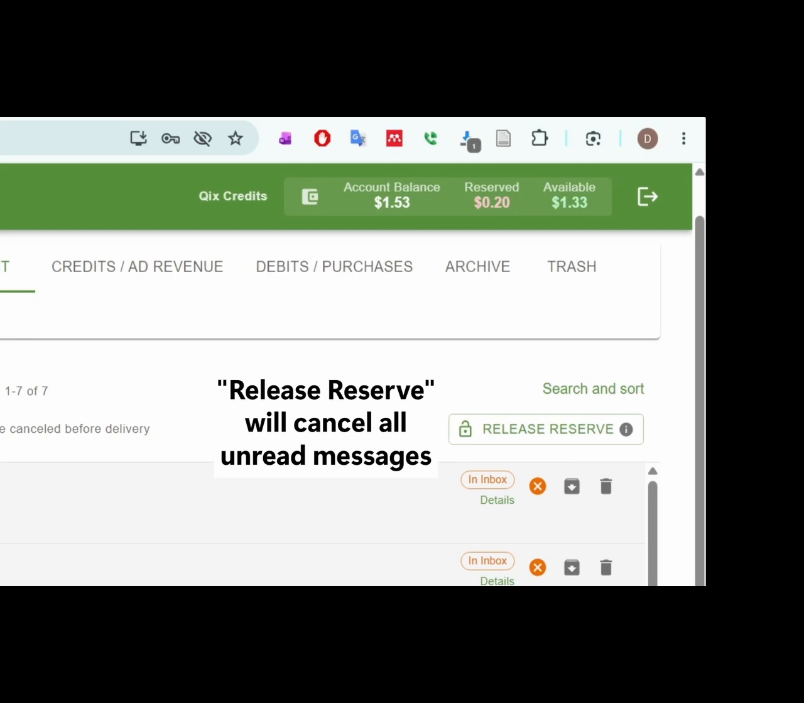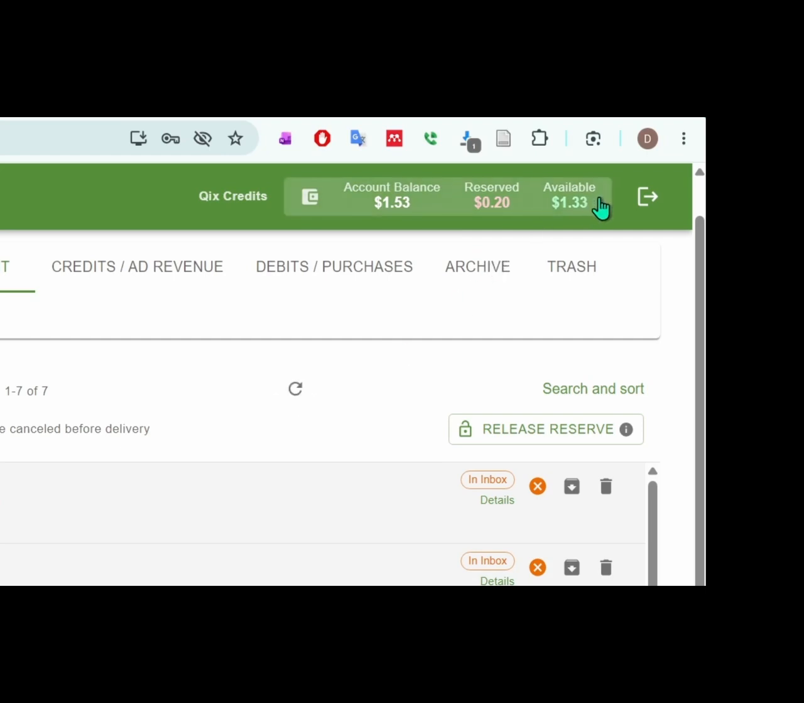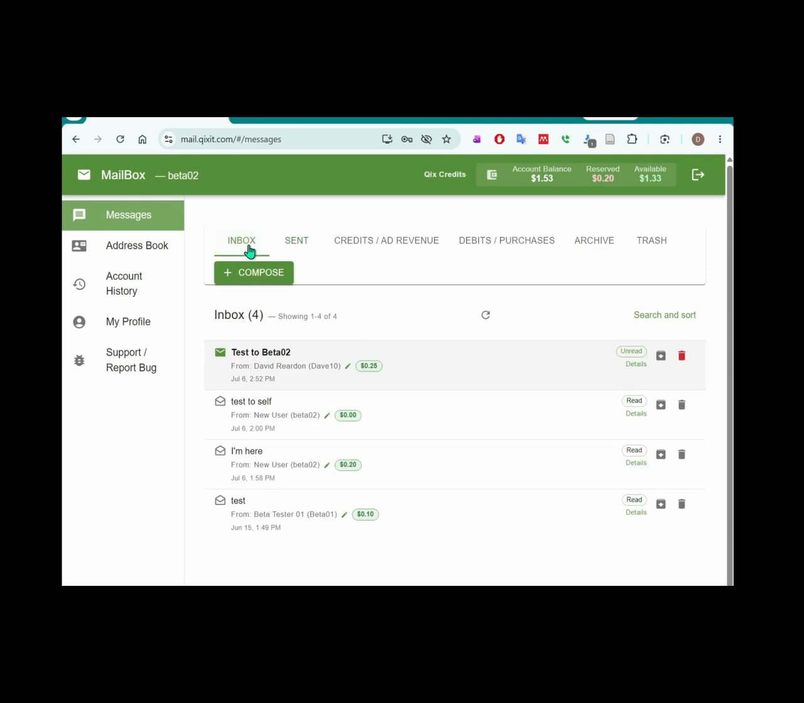So once that message is read, that 20 cents will be either paid to the recipient, or if more was reserved than was required, the balance will be returned to you. So if 10 cents was required, only 10 cents would be deducted, and then 10 cents would go back into your available balance. When you go to your inbox, you can view messages,